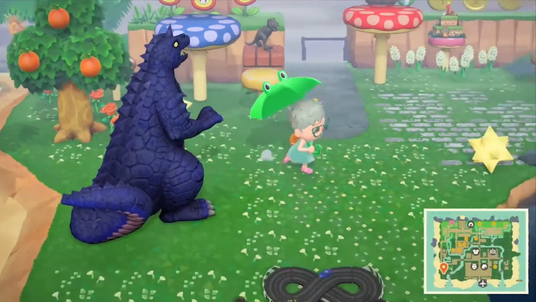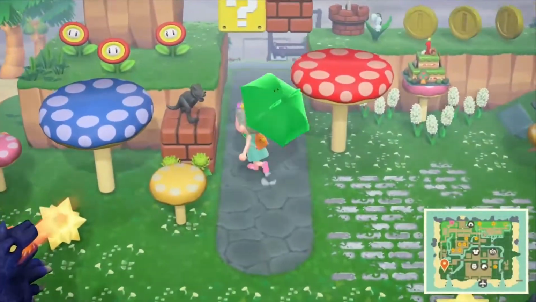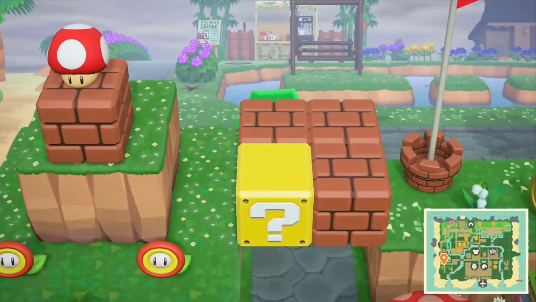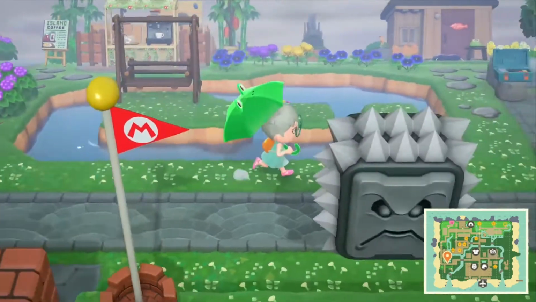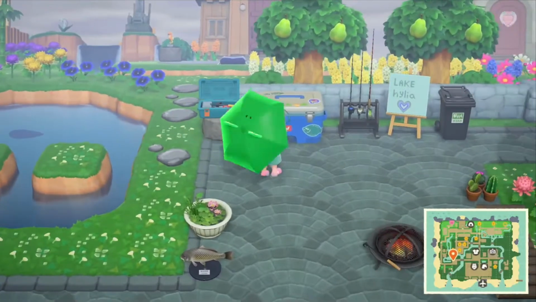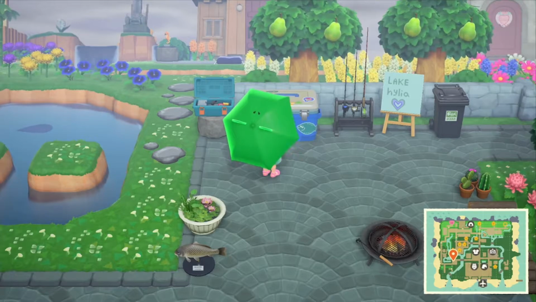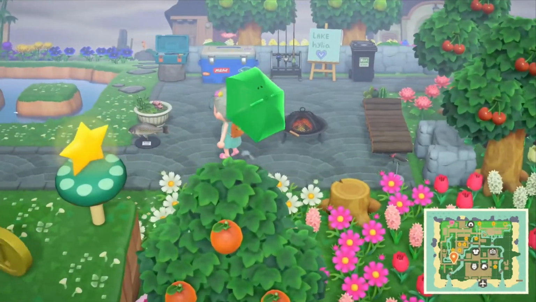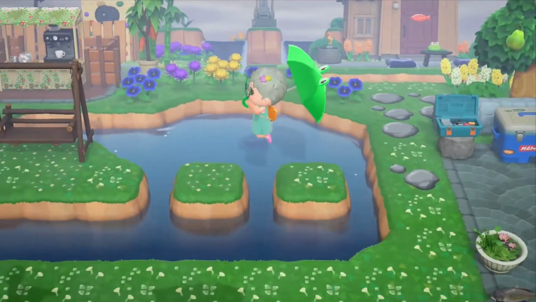Got this guy who's obviously Bowser. And a little T-Rex for Super Mario Odyssey. There's a bunch of fire flowers up there, mushroom. And that brings us up into this area, which is what I call Lake Hylia. It's just a little pond that I made, really, in all actuality. We've got a tackle box, we've got a cooler, some fishing poles, a little fire going, and this little island in the middle